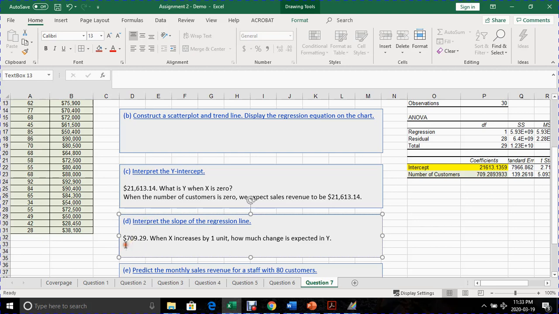In this case, we say that when the number of customers increases by 1, we expect sales revenue to increase by